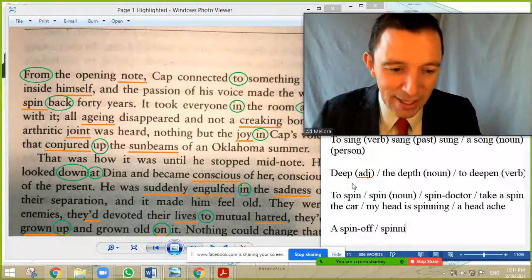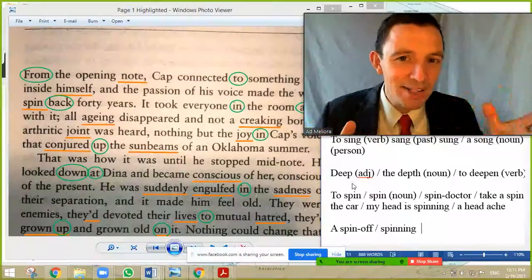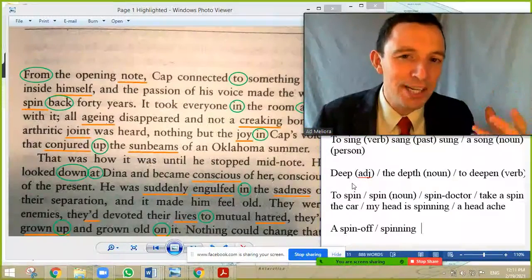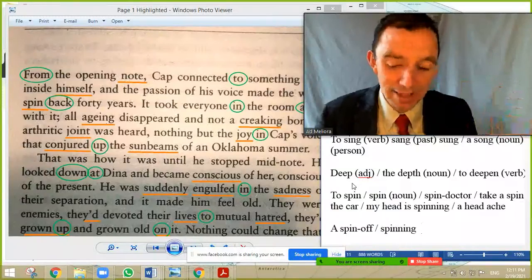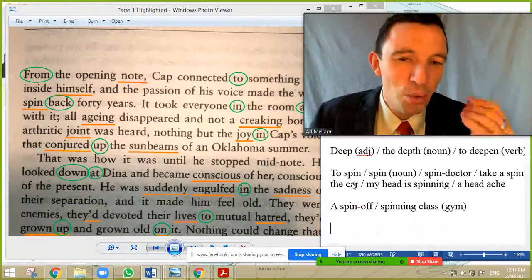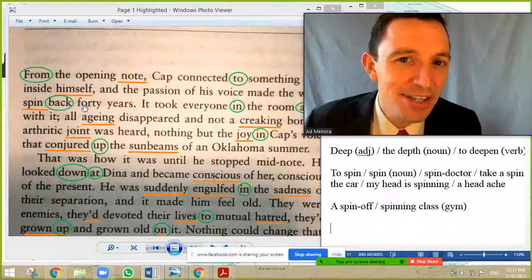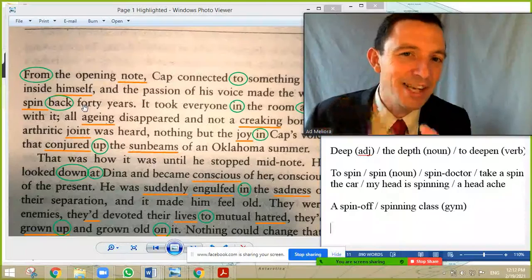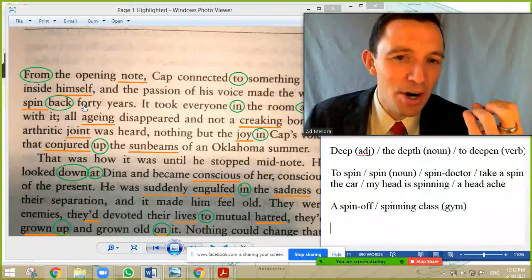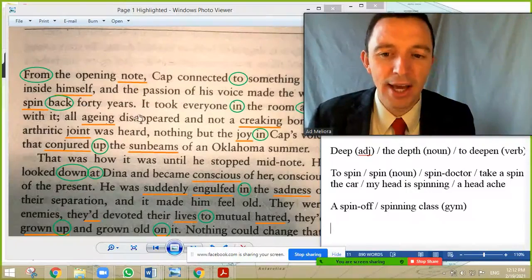Also, spinning is in the gym. You go to the gym and the class for the bicycle is spinning because the wheel moves very, very quickly. So it's possible in the gym you have a spinning class. Okay, in the gym. So you can see one word and lots of different contexts and very important, but in this context it's not typical to spin back 40 years. It has the significance to go back. So my point is you need to understand the significance of the word, and then it's possible to use the word in other contexts. Okay.